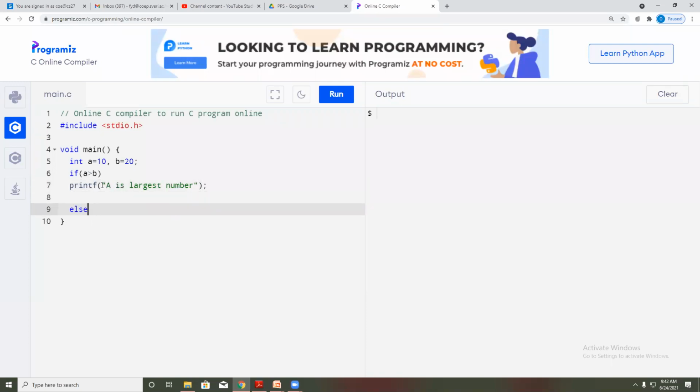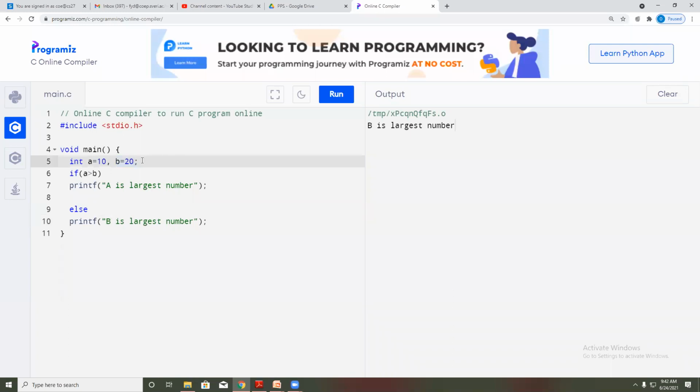Else, if this condition is false, that means b is the larger number. Okay, if you run it, b is largest number.